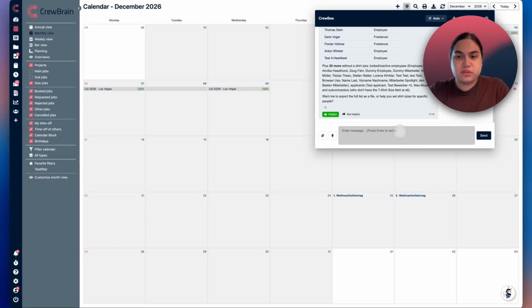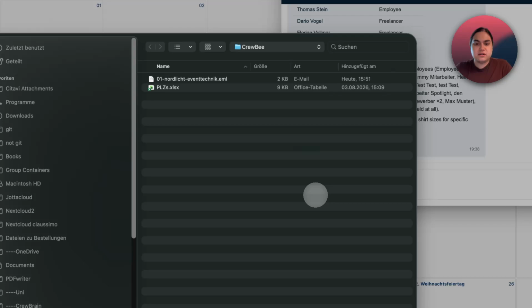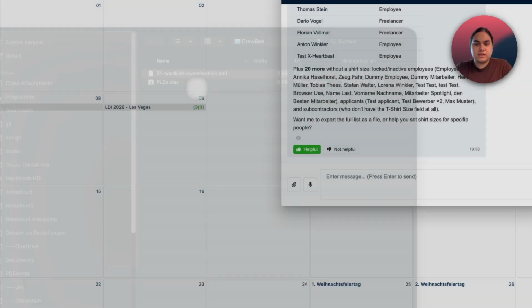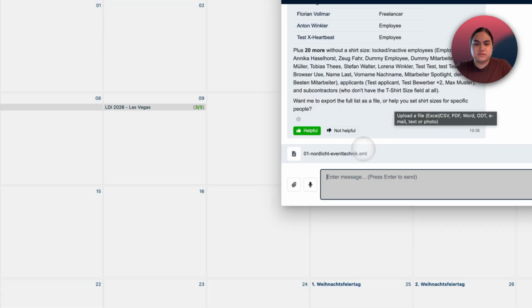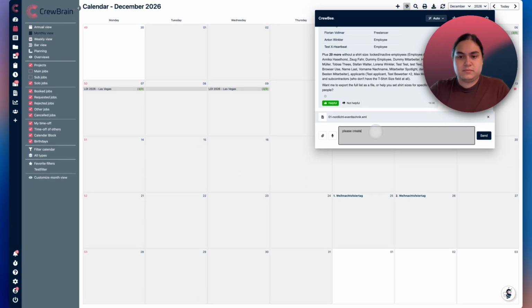Another thing you can do with Kruby is if you, for example, have a customer email you and you don't have the customer in KruBrain already, Kruby can create the customer for you just via that email. I'll click on the attach icon as well, add that email of Nordlicht Eventtechnik customer, and ask Kruby to please create the customer from the attached email.